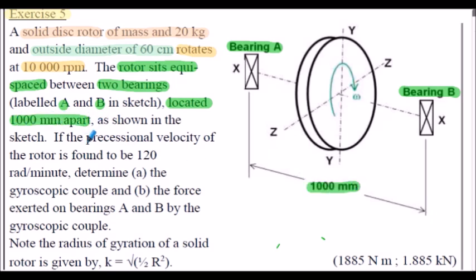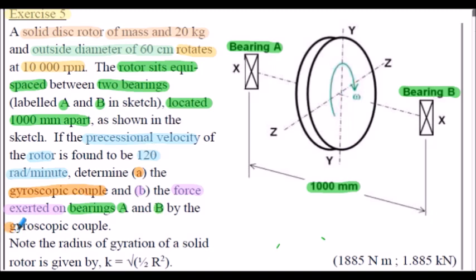If the precessional velocity of the rotor is found to be 120 radians per minute, we've got to determine A, the gyroscopic couple, and B, the force exerted on the bearings, A and B,